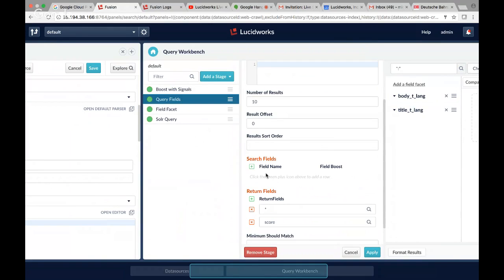Gotcha. Results sort order. If I was to put something like title underscore T ascending or descending, then I would do that. The fields that we're going to... So we could actually sort based on what is in English or in German. Yeah. So the one thing is, if we don't have this stage,